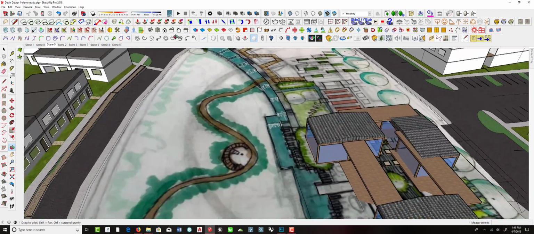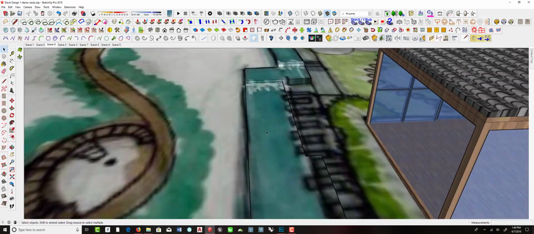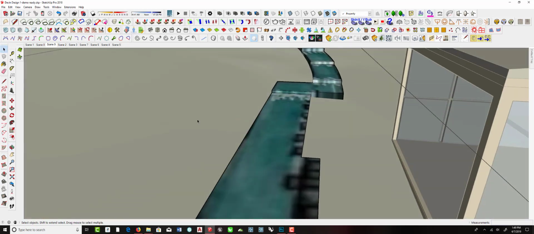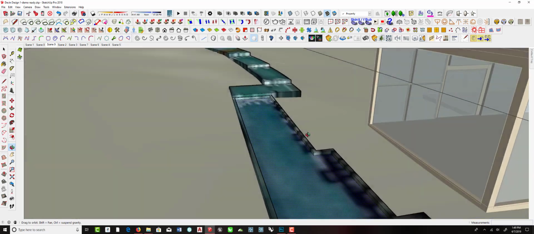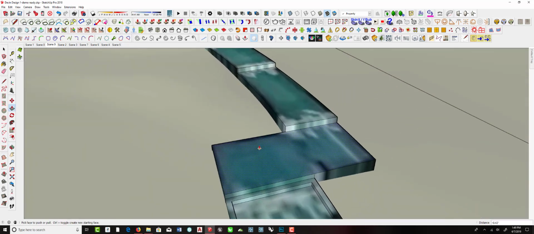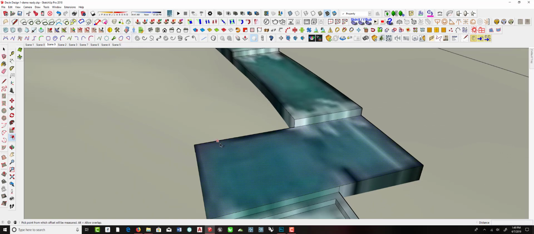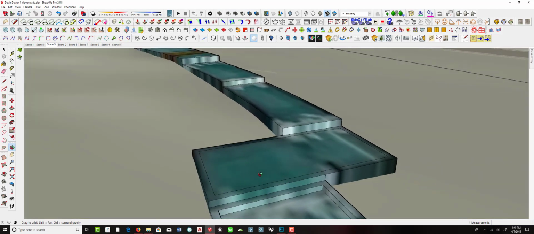Now, I also might want to come in here once I've got that set and come inside the water feature itself, and maybe pull off an inset there, so maybe 0.5 feet, 6-inch wall there, and then I can do the push-pull, and start dropping that down a little bit, and start looking at different materials that I might apply to those surfaces. So again, same thing here. I can come in here with the offset, 0.5 feet, and then I can start,